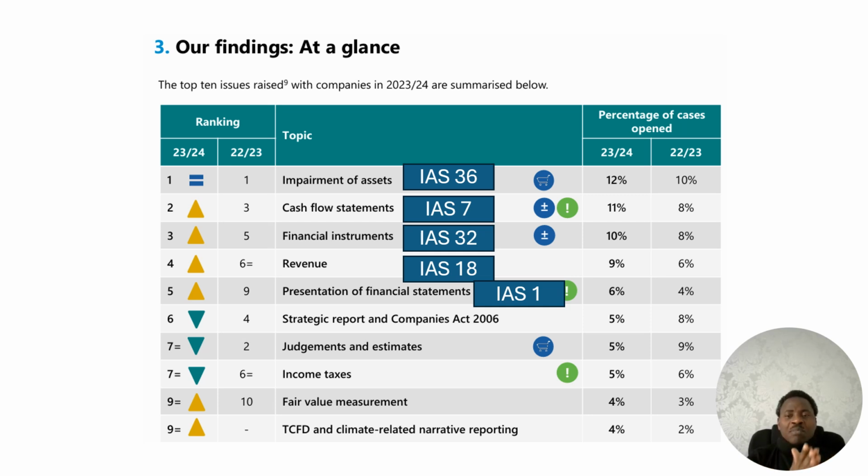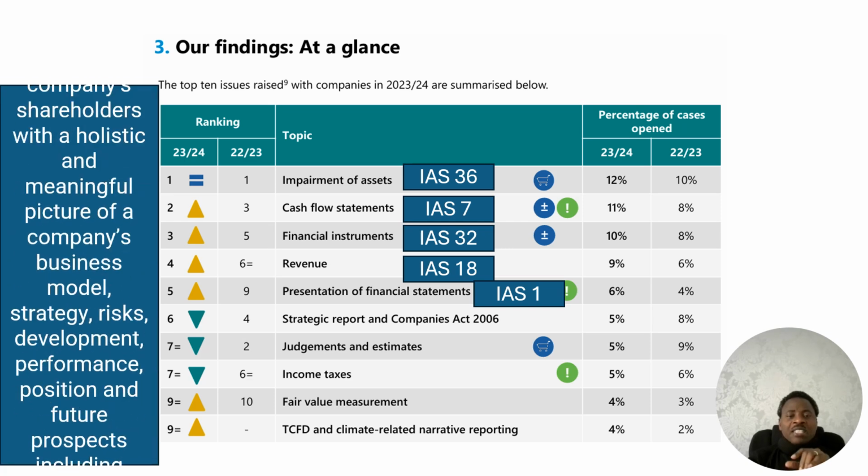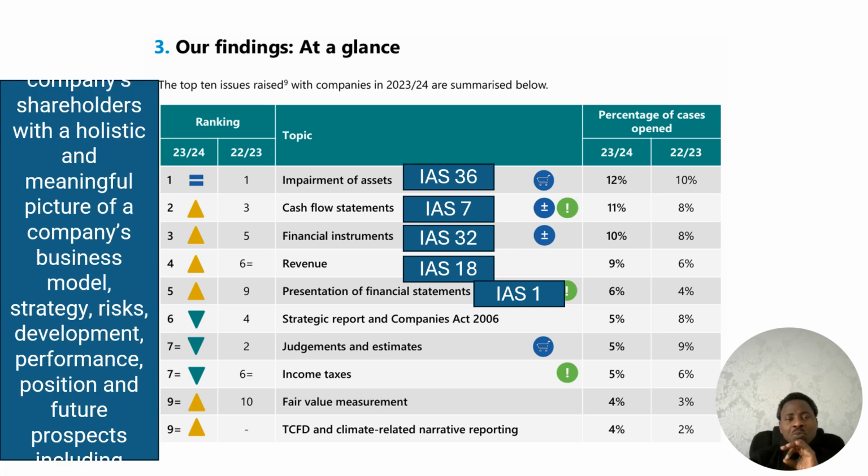The CEO statement must be clear about CSR, which we call corporate social responsibility. Then the financial review, all these are entailed under strategic reports. So what I'm trying to say is that